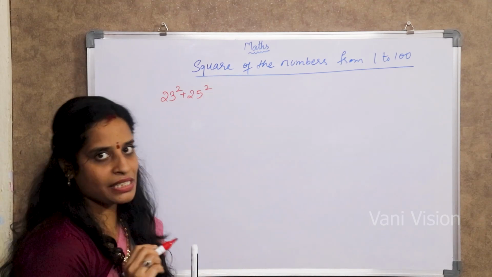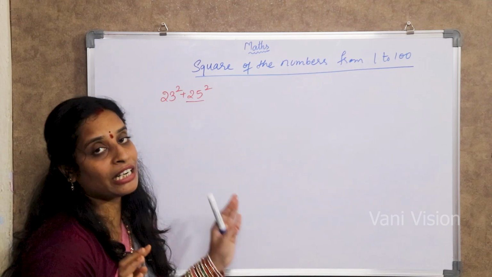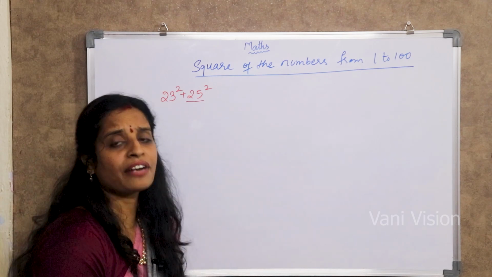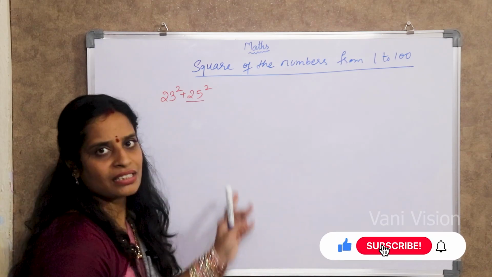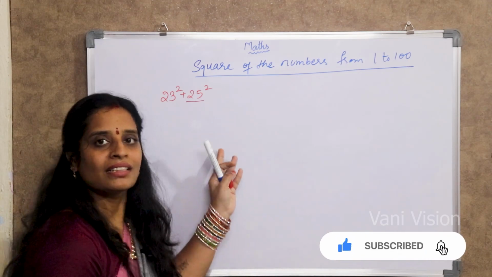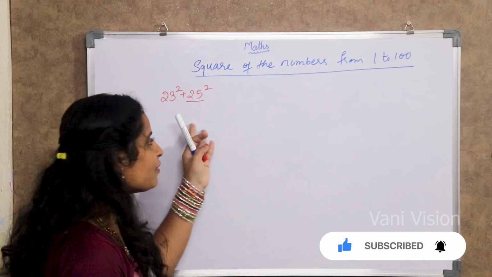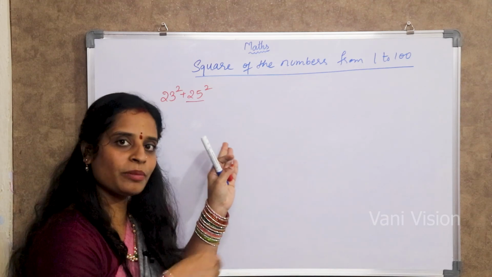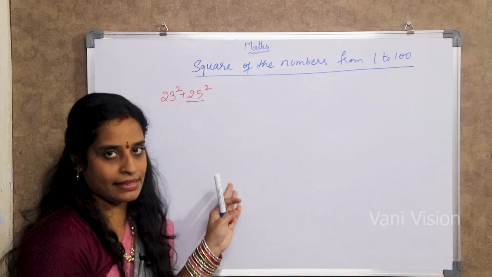Right? Now 25 square. In my previous video I have clearly explained how to write 25 square or 35 square, 45 square in an easy way. Clear? Within seconds we can write it off. So what is 25 square actually? 625, right? So in an easy way you can say it. Again, while doing the example problem I'll explain it, or else go back through my video and go through that video once again. Clear?